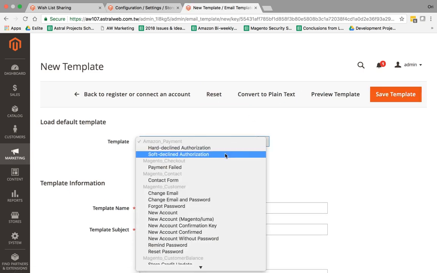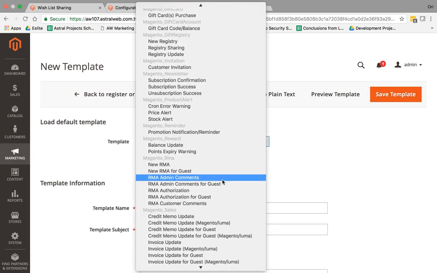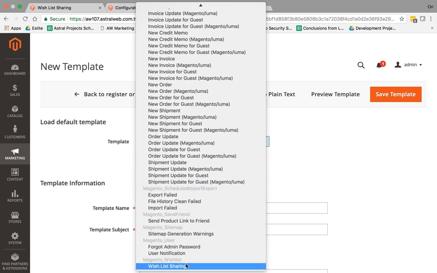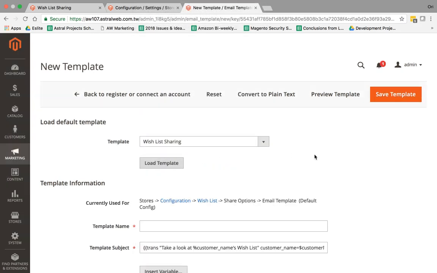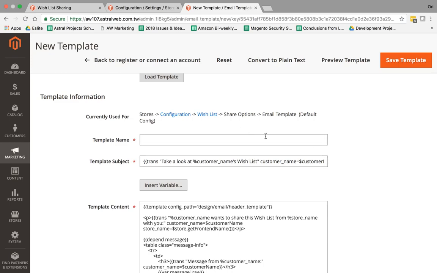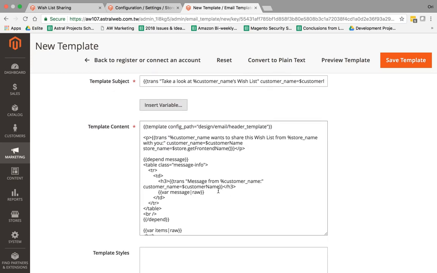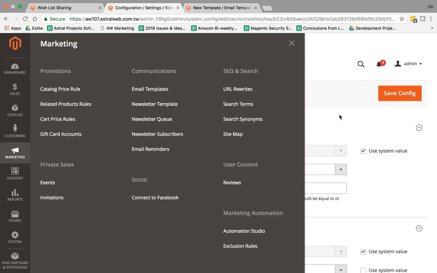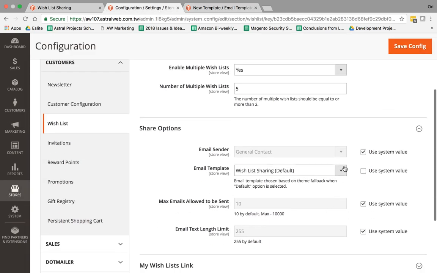You can import the current wish list, which I'd have to find right here. Okay, wish list sharing. I would load it up, change the title tag, the names, etc., maybe change the layout itself, and then save it. Once I save it and refresh this page, I'll have this new wish list email template, and then I can actually select it.